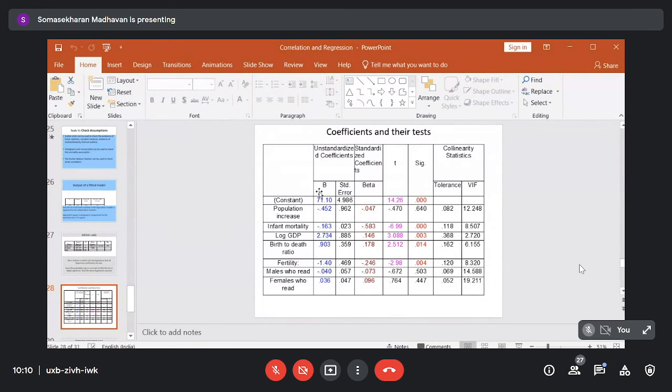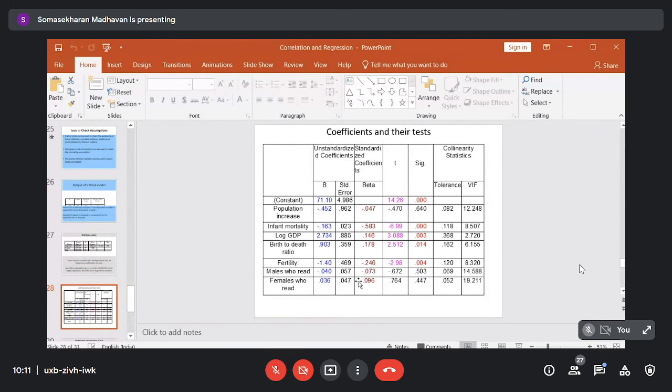And this output is the unstandardized coefficients. Unstandardized means the coefficient is in its own unit. Since all these variables are of different kinds, the units will be different. The units are different, so you will not be able to compare them. But in order to write the regression model, you need the coefficients in terms of their units. So the B is the unstandardized coefficient. But we cannot compare the effect of these independent variables by just comparing these unstandardized coefficients. This is the standard error of the estimate.